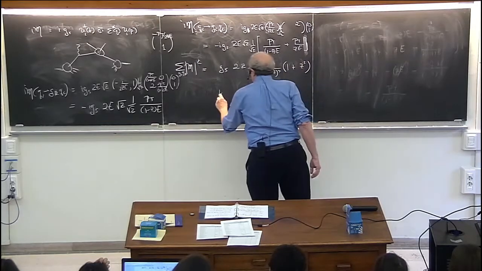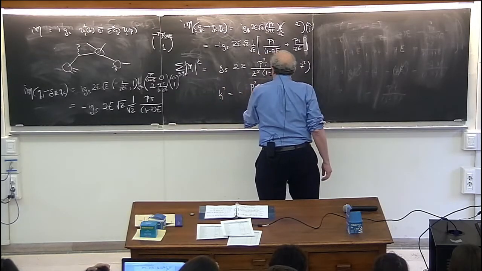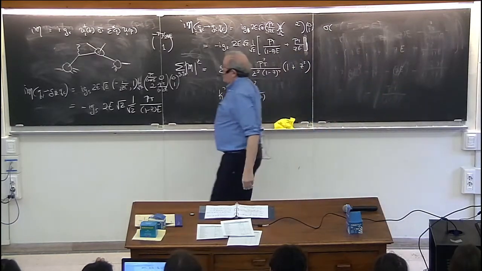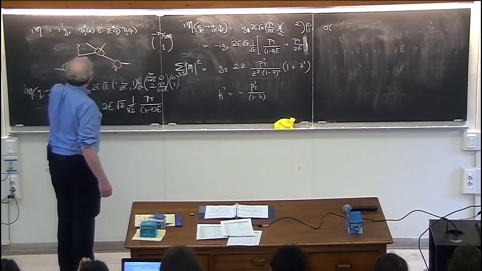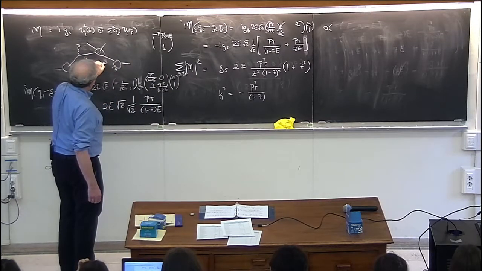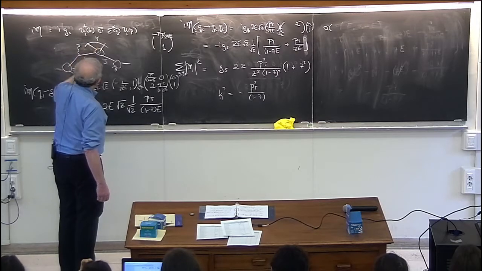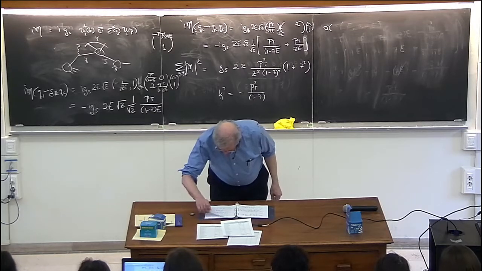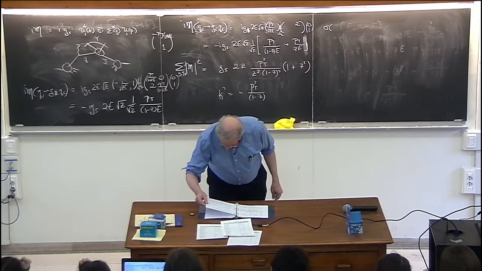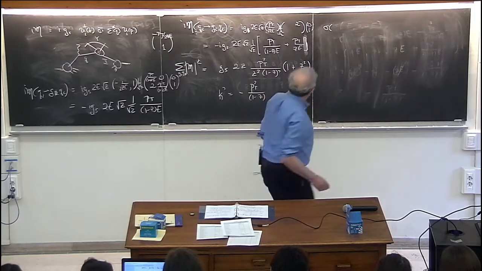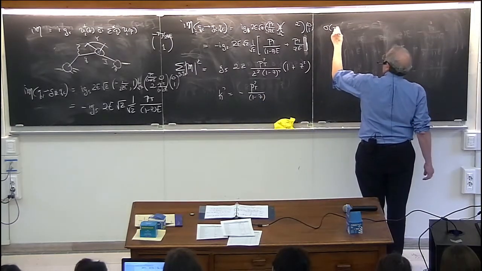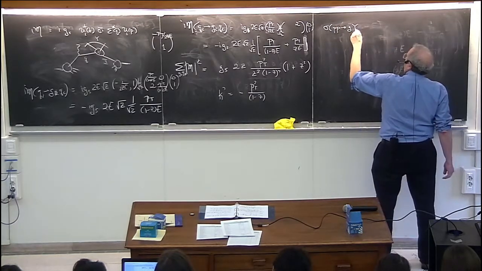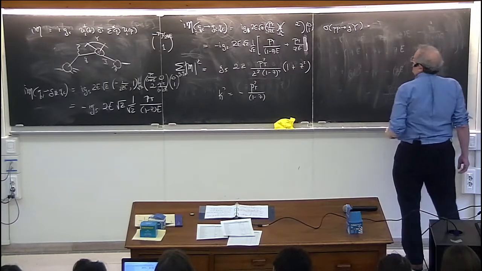So let me preserve over here, k squared is equal to minus pt squared over 1 minus z. So what we have is the cross-section for, this is a quark, this is something, let's call it x, let's call what's out here y, and the process will look something like this. The cross-section for pp going to a gluon plus what I've called here y is equal to, well, first of